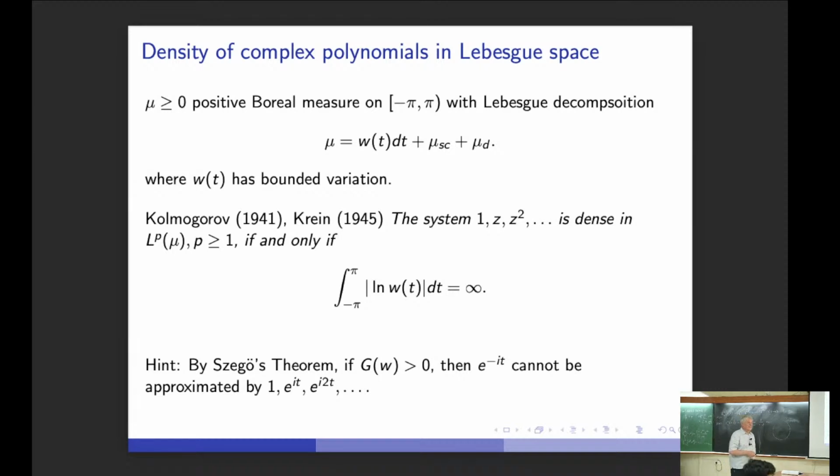Span of the monomials, right? Yes? Span of the complex monomials. The system is dense, meaning the span is dense. But there is a slight confusion. This W is the density, right? That's the density, yes. But why then do you need bounded variation for it? Well, the logarithm has positive and negative parts, and W is non-negative. It's a density of a positive measure, and the logarithm can have positive and negative parts.